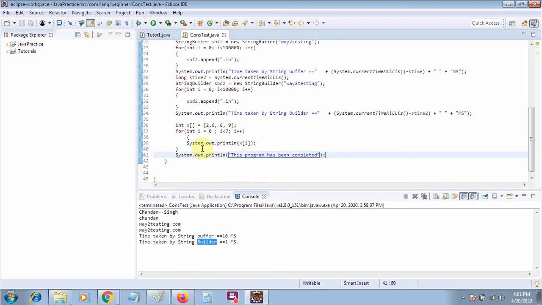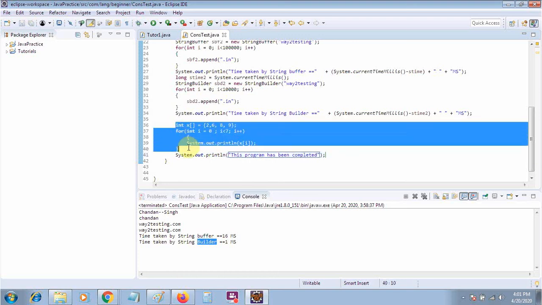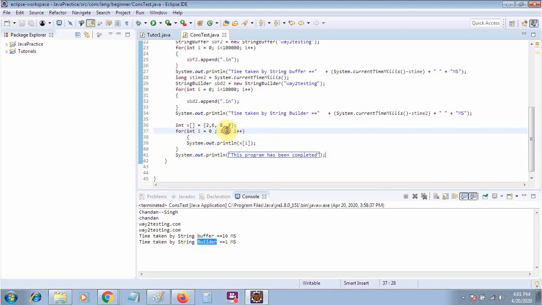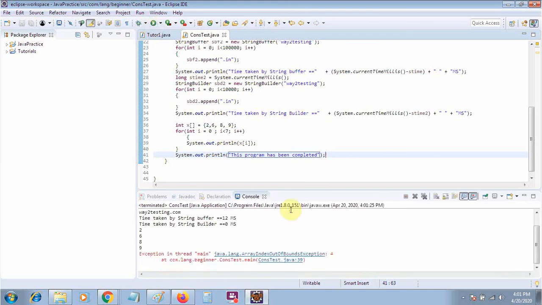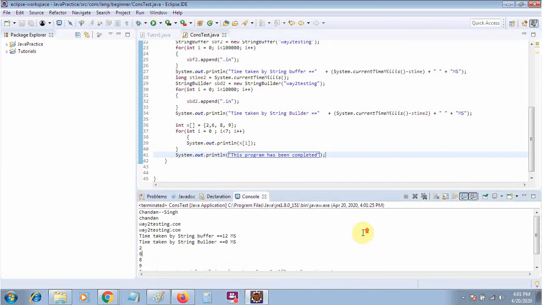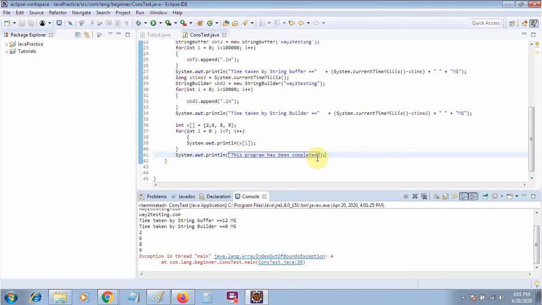We know that the exception will occur here because we are accessing the array beyond the limit. So you will see that this statement will not be executed. You can see the exception has occurred, but we are not able to print out this value. So this is the main drawback of the exception.